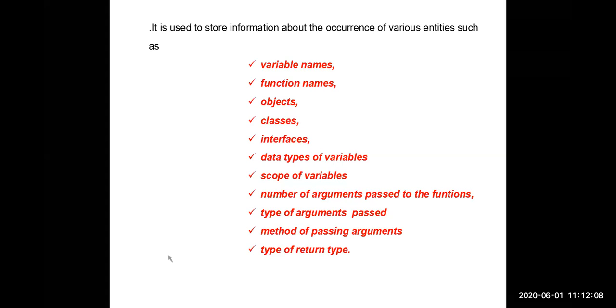Four ways. I am not asking about categories of functions. I am asking in how many ways we can pass the parameters. Parameter passing, simply in language we can understand. Yeah, exactly, two ways. One is call by value. The other one is call by reference. Parameter passing is nothing but argument passing.